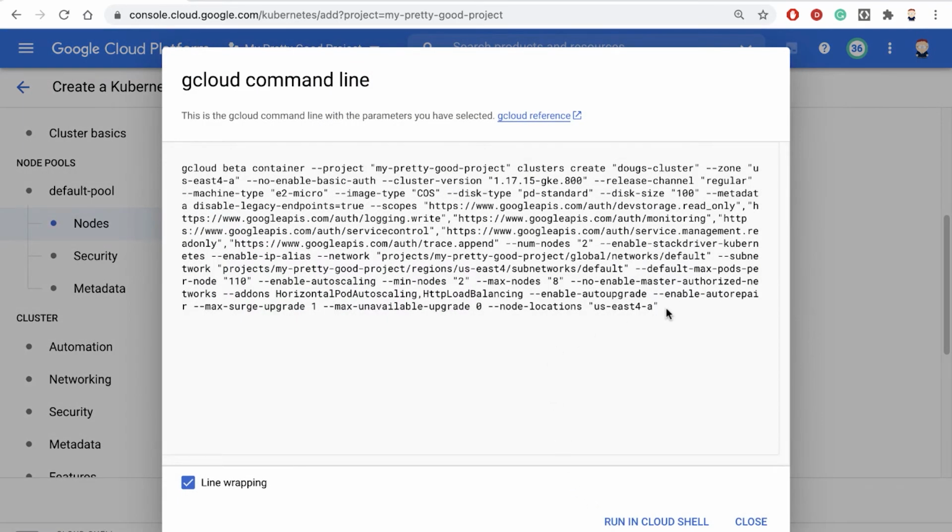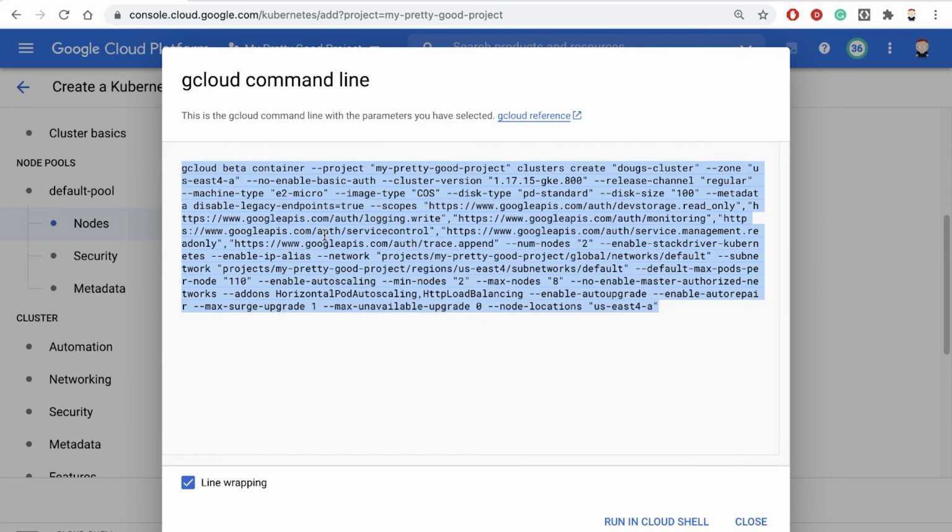And this will give you the gcloud command that you can run to create the cluster as you've configured it within that form. So we could just grab that here, and then we can copy that code to the clipboard